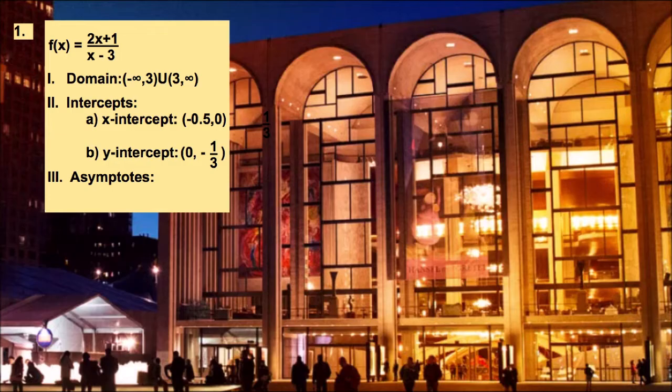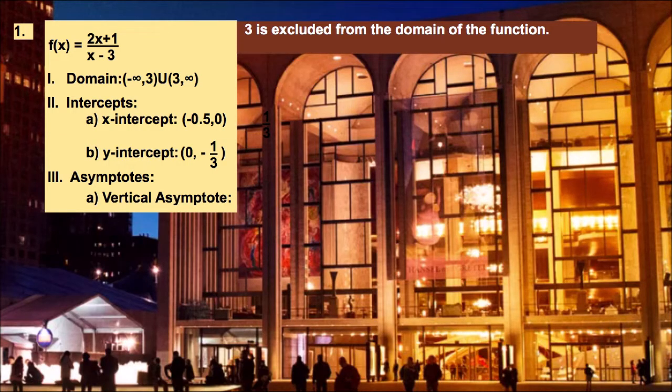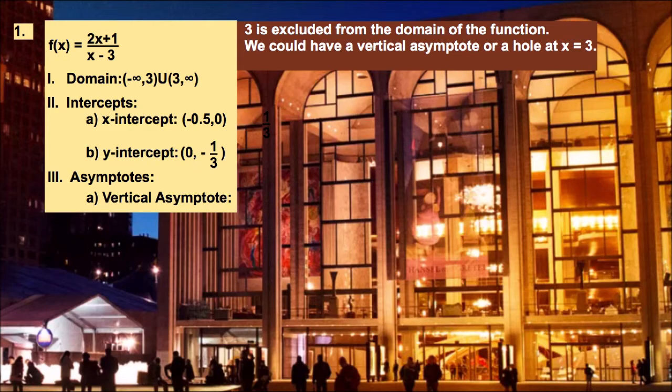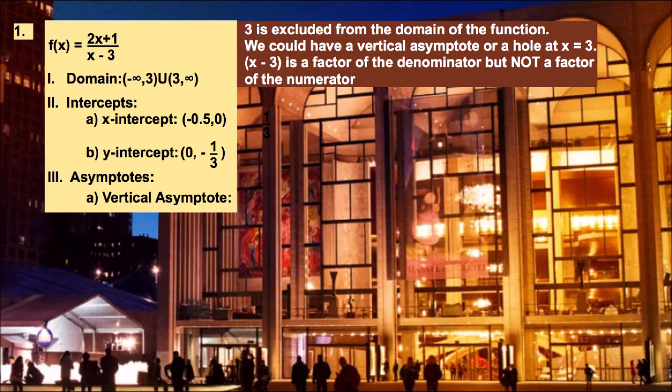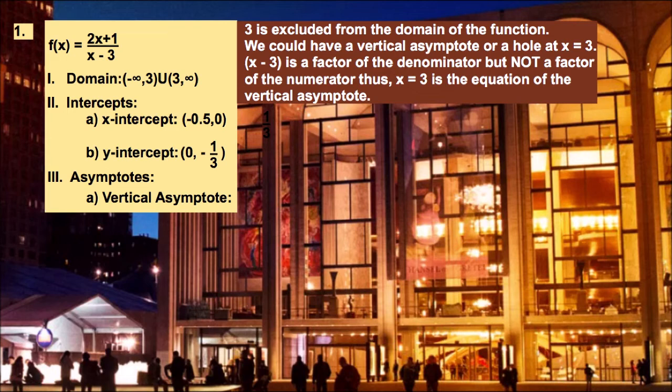Asymptotes. Vertical asymptote. 3 is excluded from the domain of the function. We could have a vertical asymptote or a hole at x equals 3. x minus 3 is a factor of the denominator, but not a factor of the numerator. Thus, x equals 3 is the equation of the vertical asymptote. Indeed,